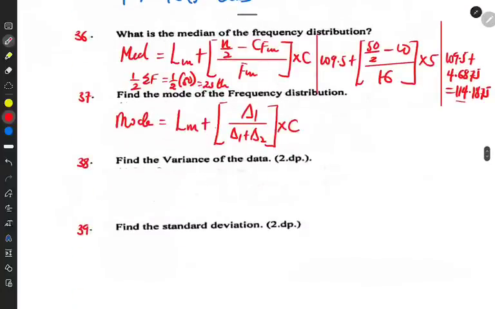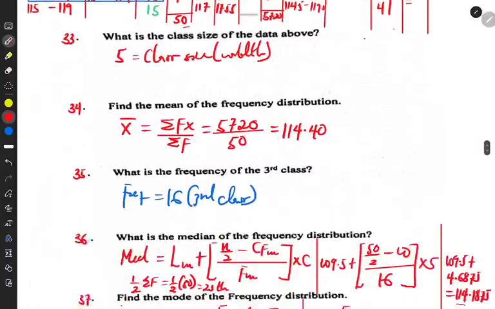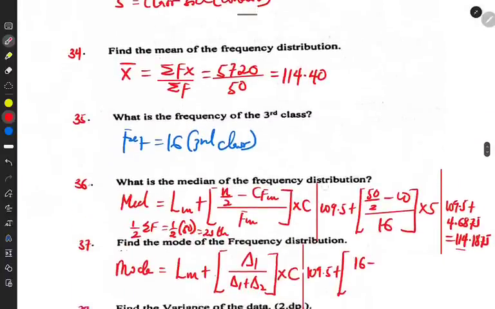So we'll have 109.5 plus. The first triangle is the modal frequency, which is 16, minus the previous frequency, which is 8. So 16 minus 8,